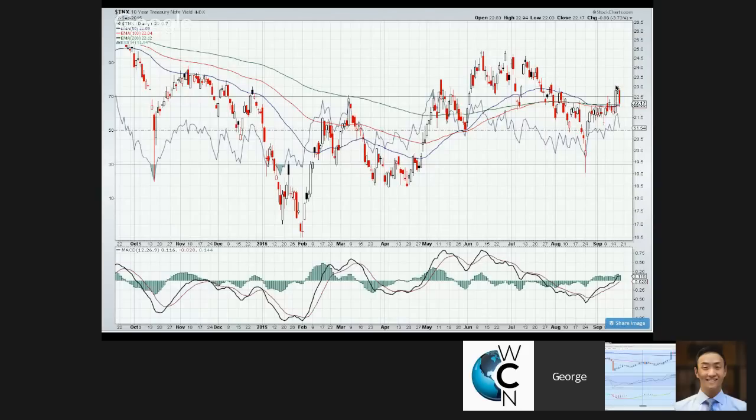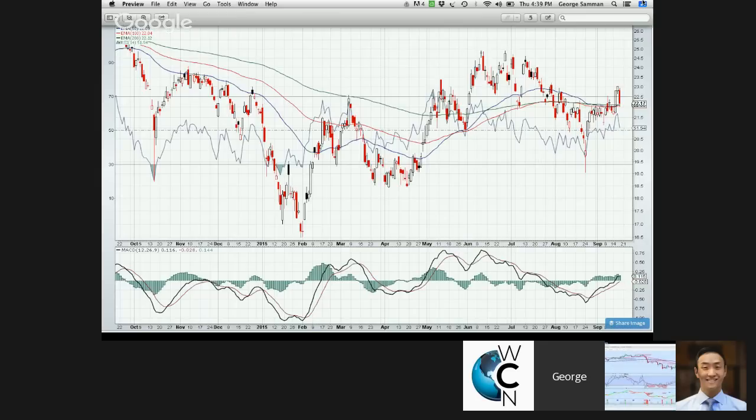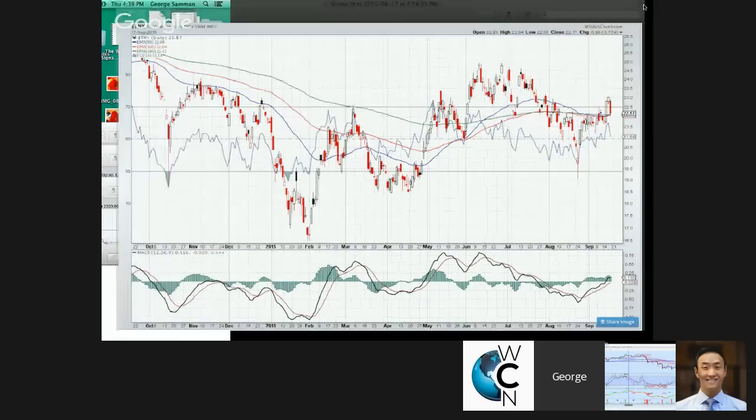I guess there were some people who were betting on a rate rise, and then today you go right back down to that level that's got all three of these things compressed. I think you still expect a big move one way or the other. The market hasn't decided yet what to make of it, it seems. And like I said, as the dust settles, we'll find that out in the next couple of days.